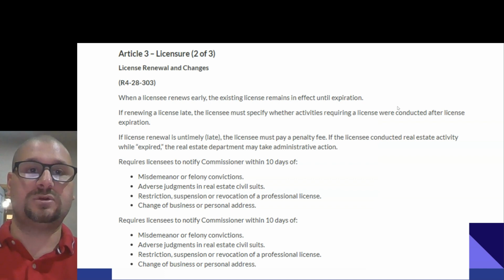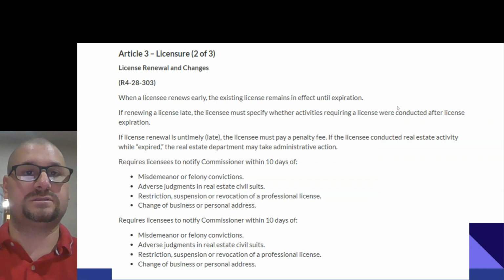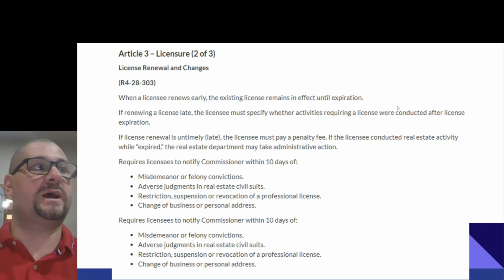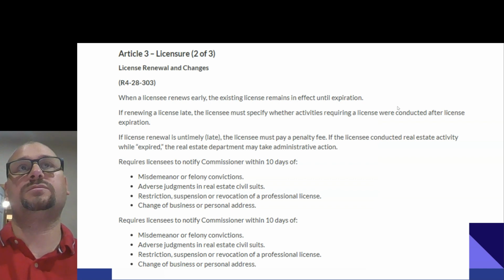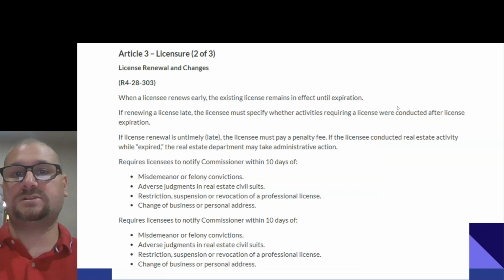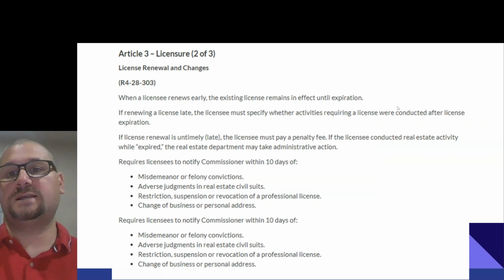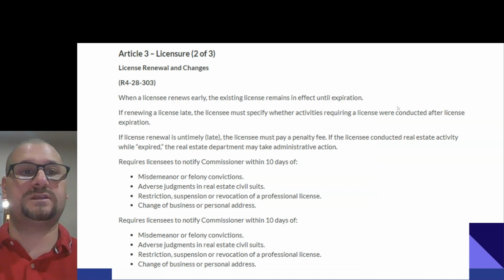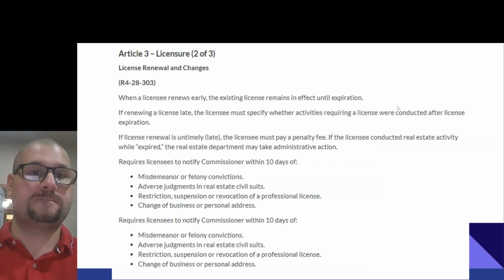If license renewal is untimely, which is called late, then it's expired, like milk goes bad, it's expired. So if you renew late, it's expired. The licensee must pay a penalty fee. If the licensee conducted real estate activity while expired, the real estate department may take administrative action.